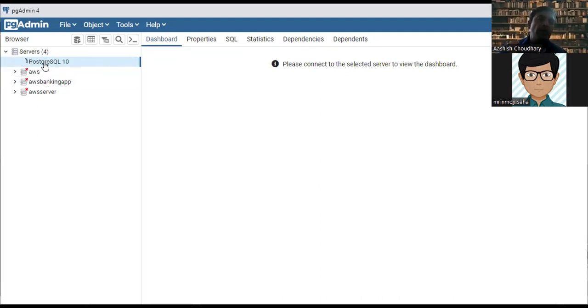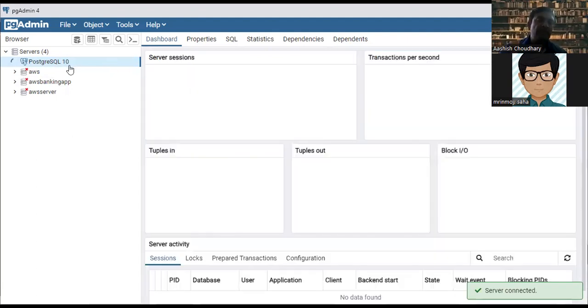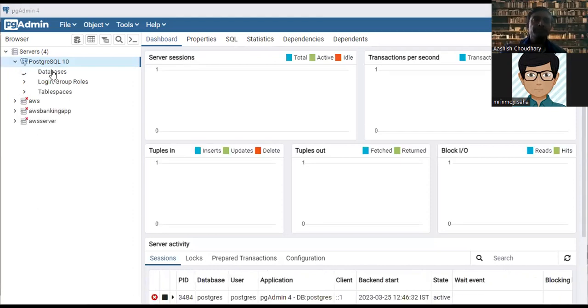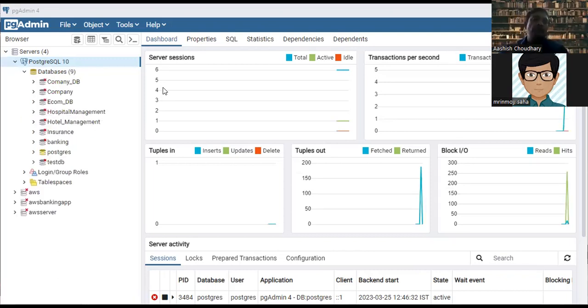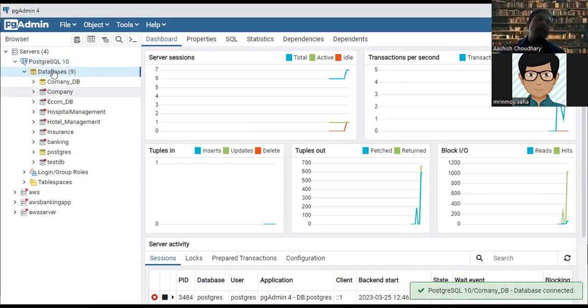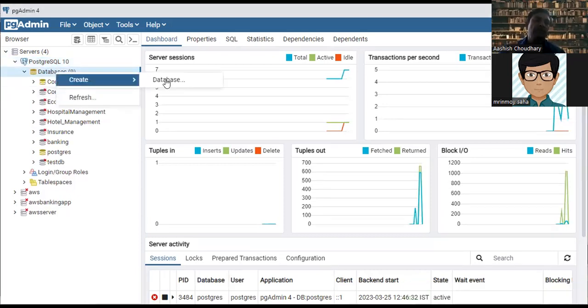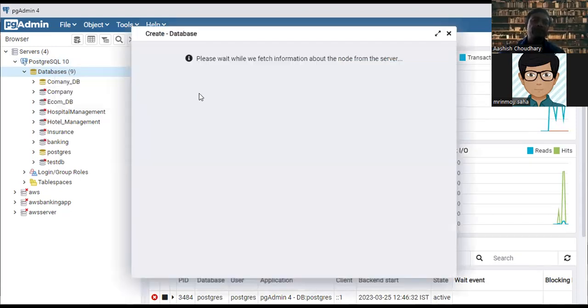In your case you will see Postgres 10, right? So the dashboard. In this database you will see users and roles. Here you can see these many databases I have created. Here you can come and click create database. Once you create a database,